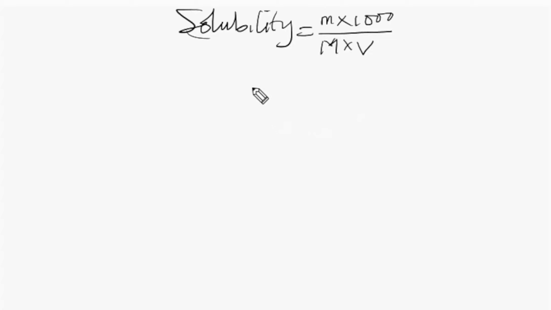So guys, since the solubility can be obtained from this graph, we have,